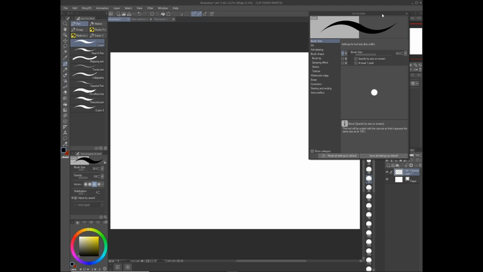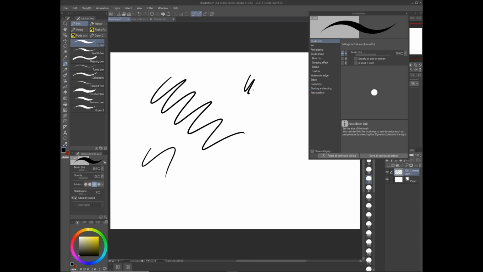So what we've got here is just a standard brush pen, and I'm going to run through some of the regular brushes and the tool settings here, just so we can see how it works, how it operates, and then from there we'll go on into some of the other stuff that I do. So as we all know, standard G pen, totally awesome, one of my go-tos. And with the brush size here,